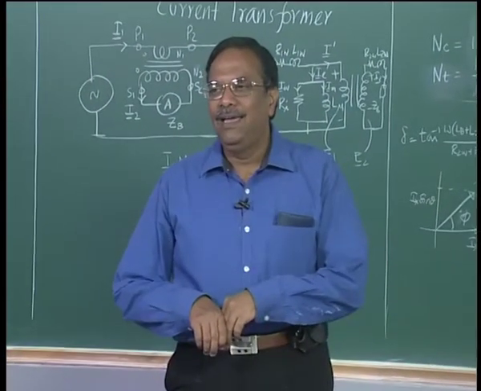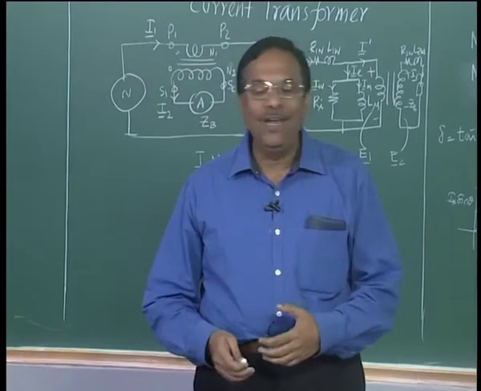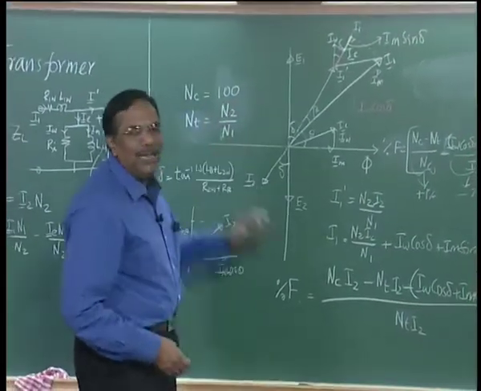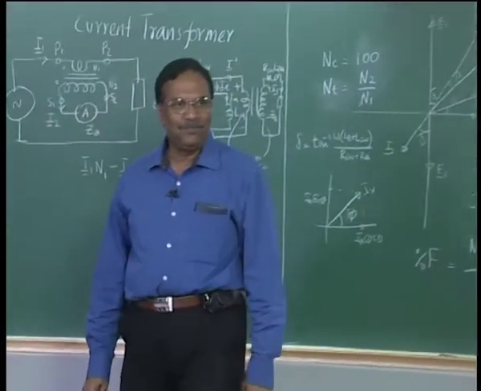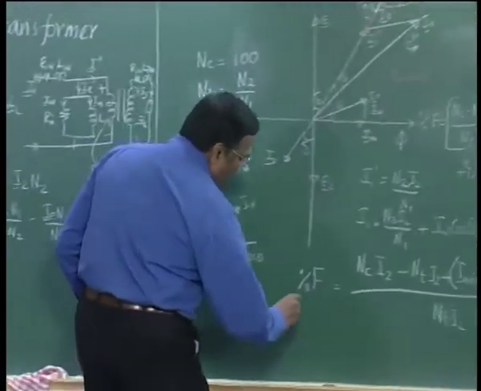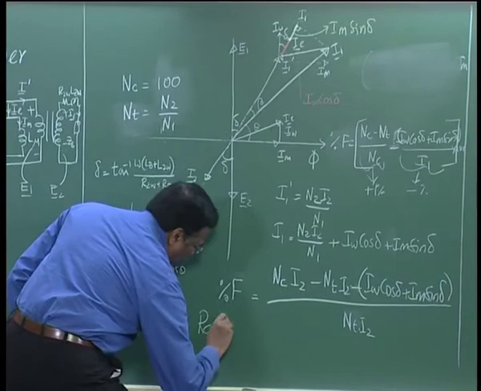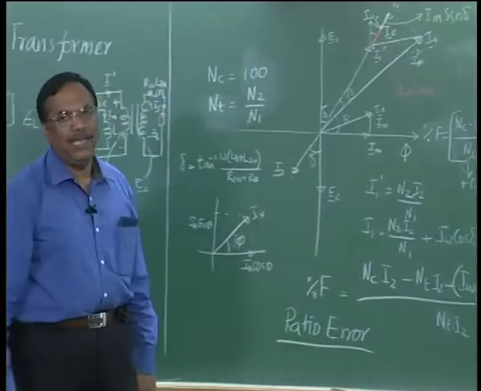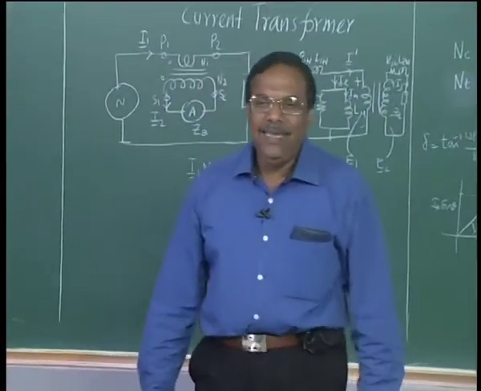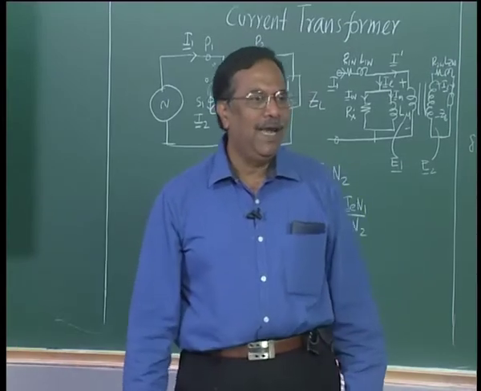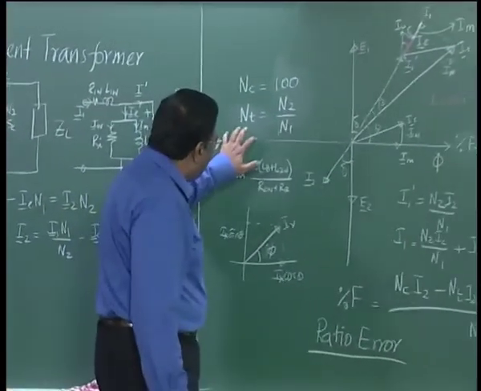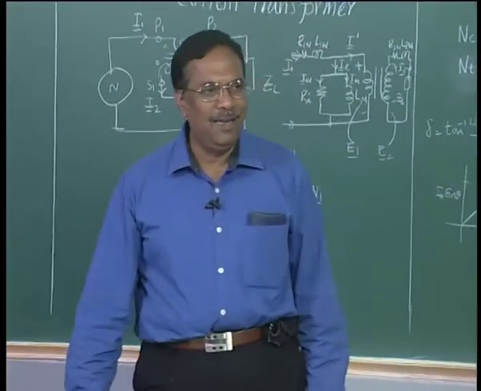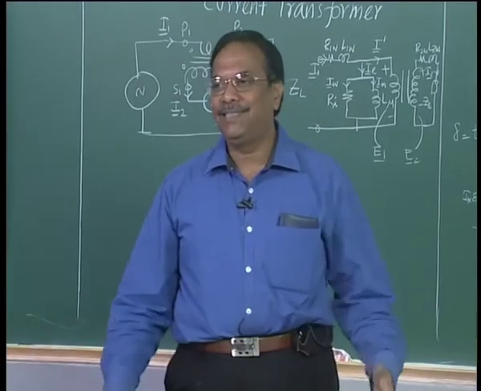the error in magnitude, right. We call it the ratio error, because this is the ratio of 2 turns or 2 currents, I1 by I2, right. So percentage f is called the ratio error. The ratio error of a current transformer can be brought to 0 by compensating the turns ratio to be different from the nominal ratio. We call this turns compensation in a current transformer,